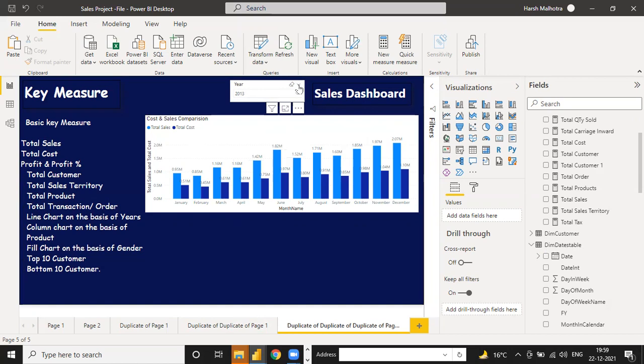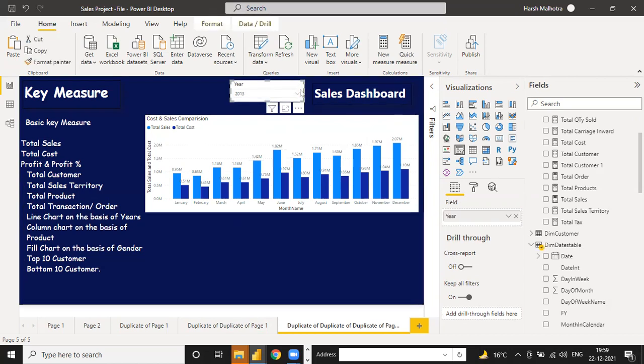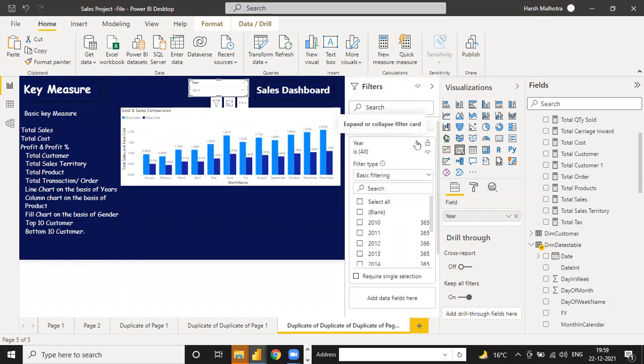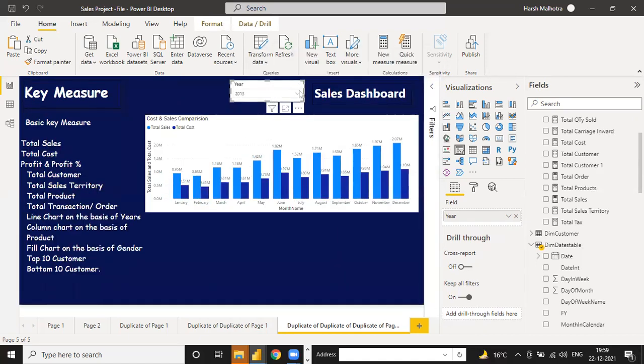So guys, one more thing. Click this option, select slicer, click on this, go to this year, because we have 3 year sales only. So select all here, blank check, and now select only 2011, 12, and 13. So in the slicer you only have values 2011, 12, and 13. You don't have any other value. See, 11, 12, and 13. Like this way, you can also select your slicer filtering.